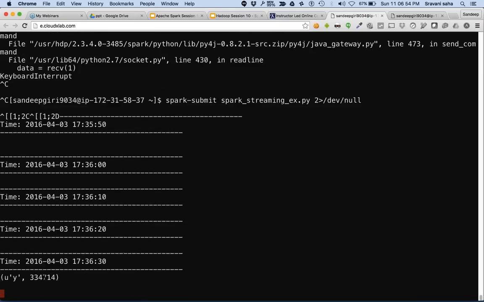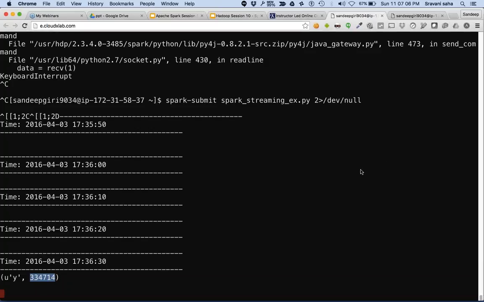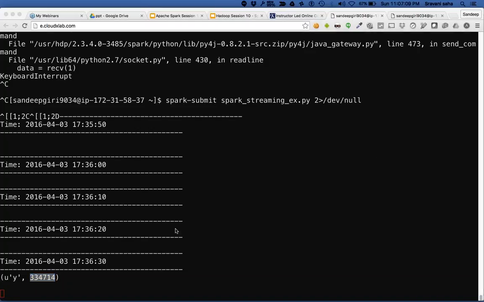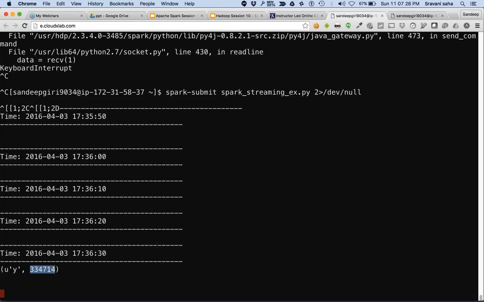Now you can see that in the last 10 seconds this many y's have been encountered, which is how much? 3.3 lakh y's. Now since we have increased the window to 10 seconds, it's going to take a lot of time to do the computation. So how much time has it taken already?